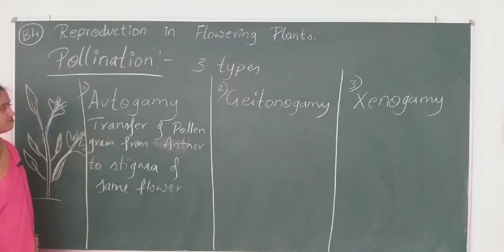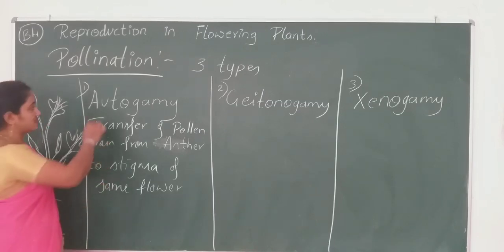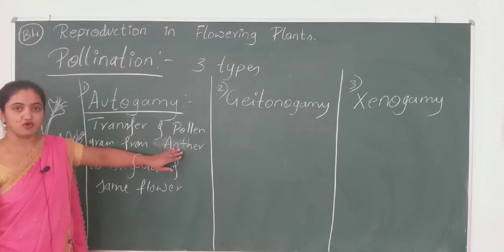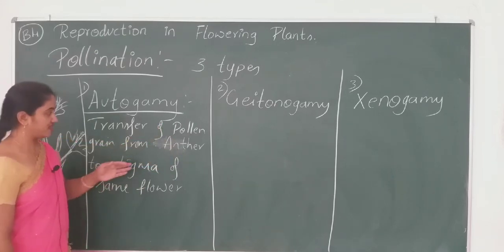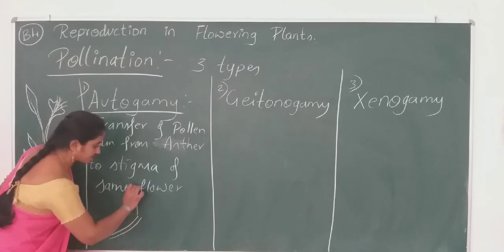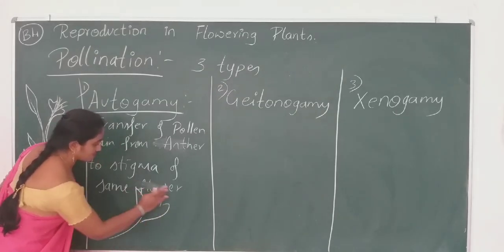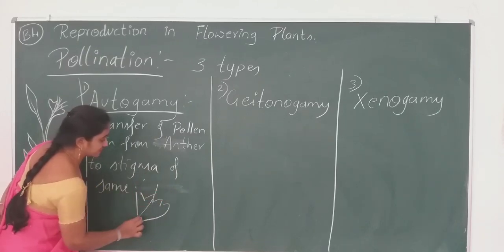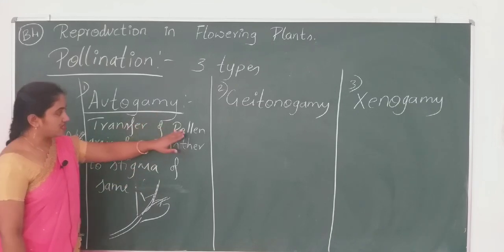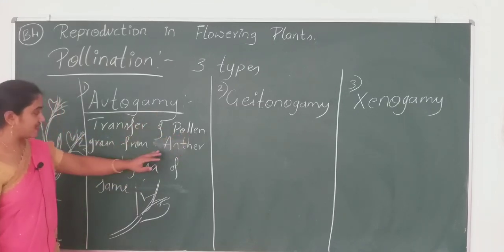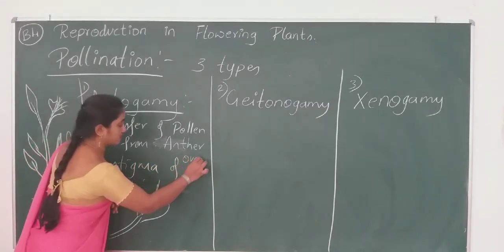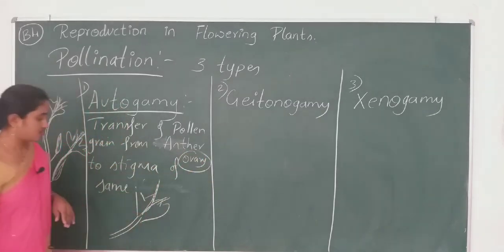This type of pollination does not require any pollinating agents or pollinators, and the flower should be bisexual. Bisexual means it should produce both pollen grain and ovary, or the female gametophyte. And